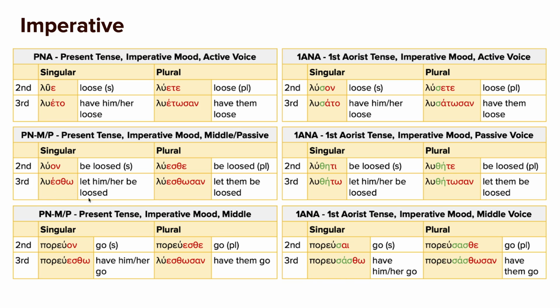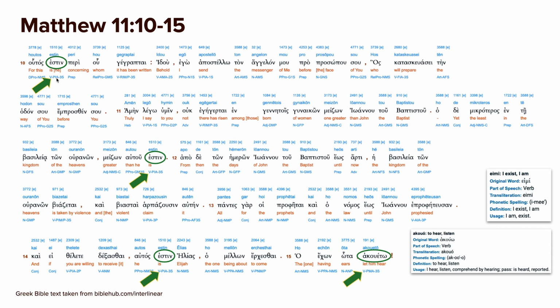So luesto, por usasto, and luesto-san, por usasto-san for the aorist. And again, in present versus aorist imperatives, usually it has to do with the type of verb you're talking about, whether it's something that's ongoing or something that's quick. All right, so pointing these out again, estin is our third person singular of eimi. And then here's our third person singular of akuo, let him hear, akueto.